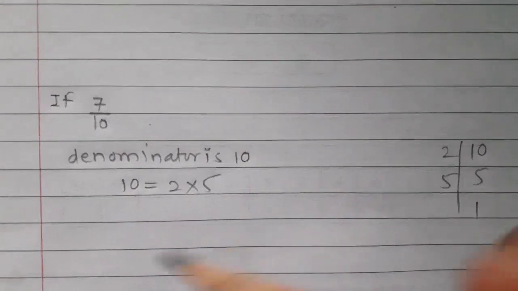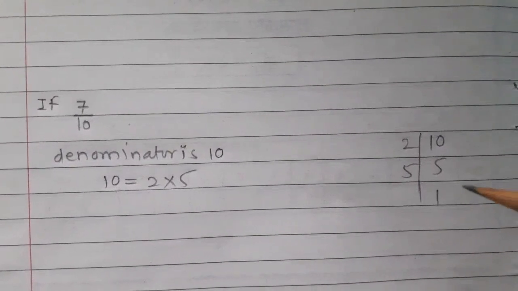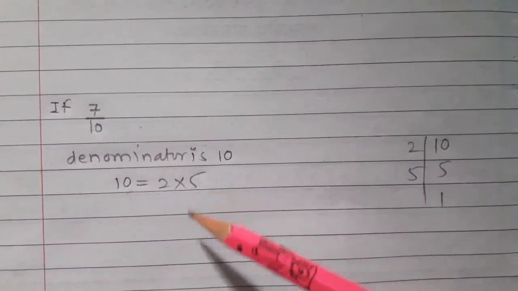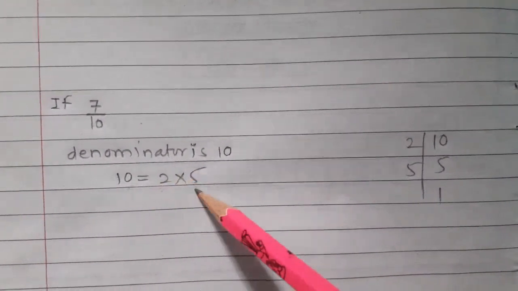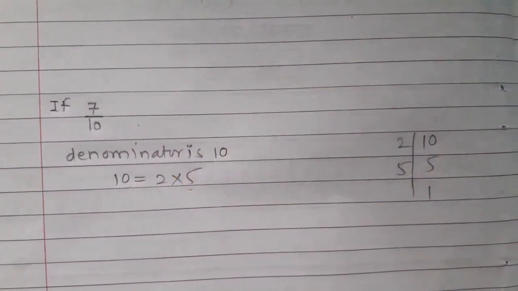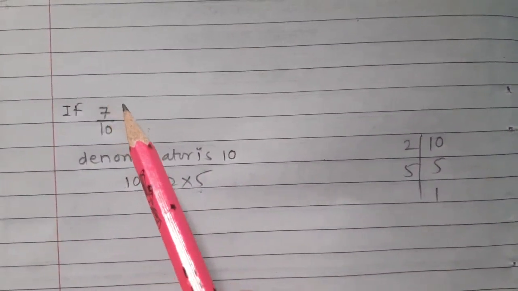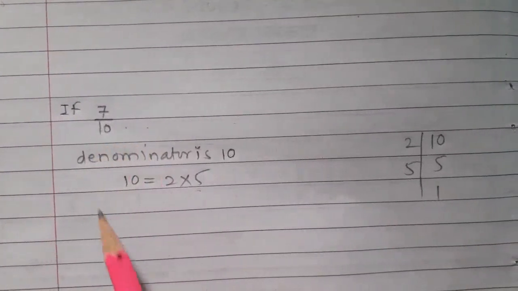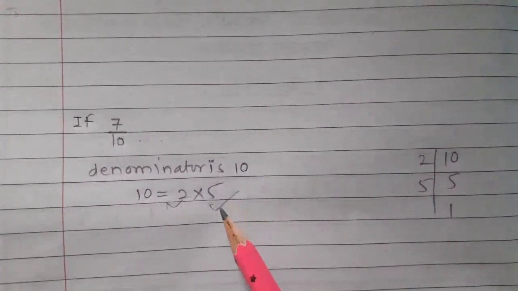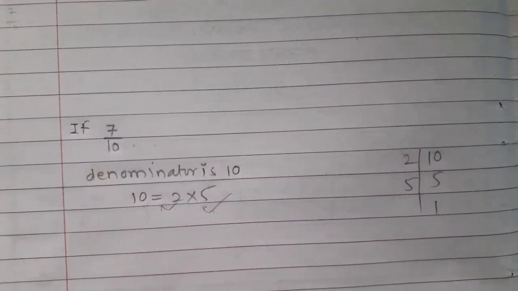If we have a rational number 7 upon 10, here denominator is 10, then the prime factors of 10 are 5 2s are 10, 1 5 is 5. So 10 is equal to 2 multiplied by 5. Now in this example 2 is present and 5 is also there. So we want 2 or 5. Here 2 and 5 both are present. So this rational number has a decimal form of terminating type, because 2 is also there and 5 is also there. Therefore, the rational number has a terminating type decimal form.